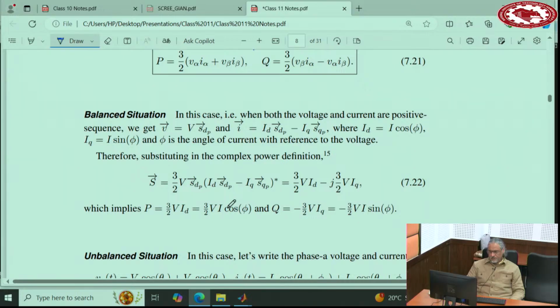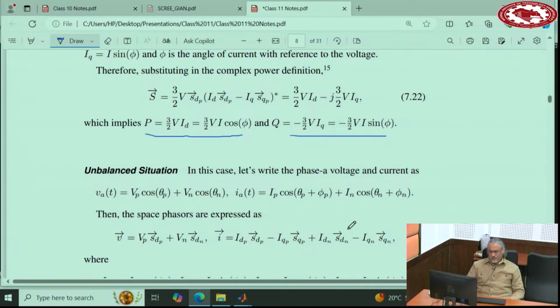Now again, in this domain, if you look at the real power and reactive power, if it's a balanced situation, you get to the same point that we discussed before. For P, you will get 3/2 V into ID, and for Q, negative 3/2 V into IQ. And if it is an unbalanced situation, let's say VA is this, IA is this,